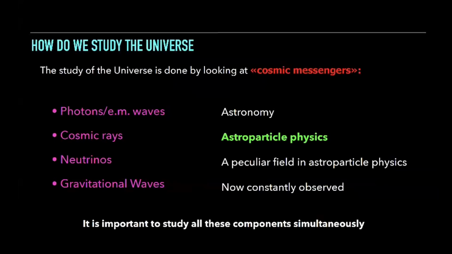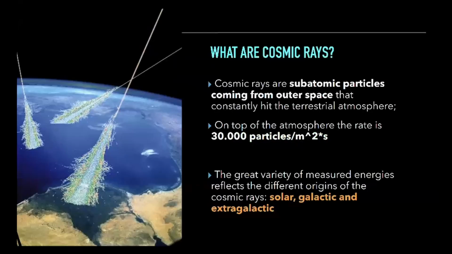Neutrinos, which is a particular field in astroparticle physics, and gravitational waves, which is the most recent and most famous now, but I will not talk about this. If we study all these components simultaneously, then we really get a clear knowledge of the universe. Cosmic rays are just subatomic particles which come from outer space and constantly hit the atmosphere at a very high rate, considering them as a number of particles per unit of area. As we will see very soon, they cover a huge interval in energy,